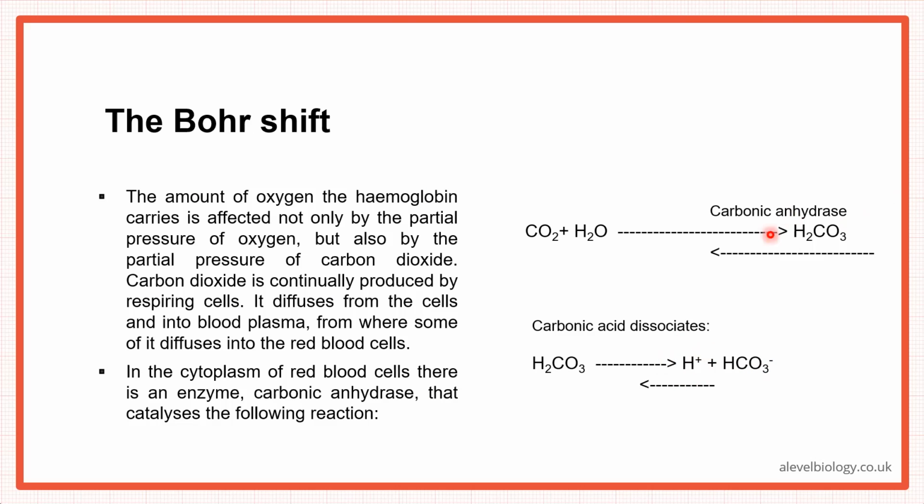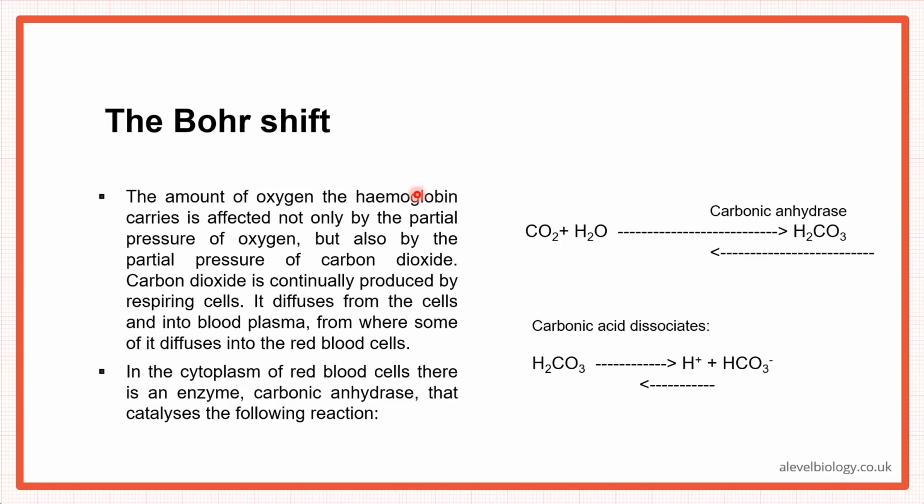Because this carbonic acid, okay, it is unstable, so it dissociates. So this H+ ion, okay, the more carbon dioxide is there, the more of this reaction is taking place, more carbonic acid is produced, it would dissociate. So the more H+ ions you have, it means the blood has become more acidic now, right? The pH has become lower, right? So this is how it dissociates. So this is actually what we call a Bohr shift.